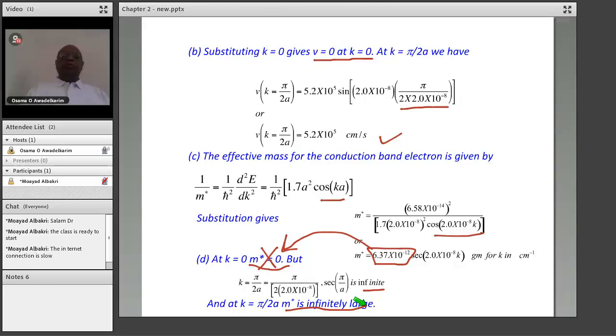So that's this example, and this concludes the energy bands in solids, a qualitative as well as quantitative approach to how to approach this. So that is, I'm going to stop